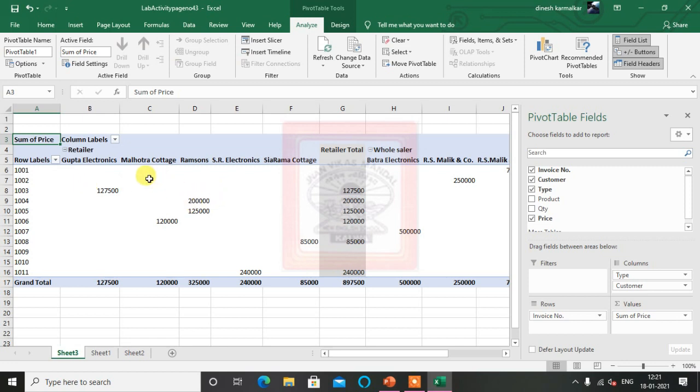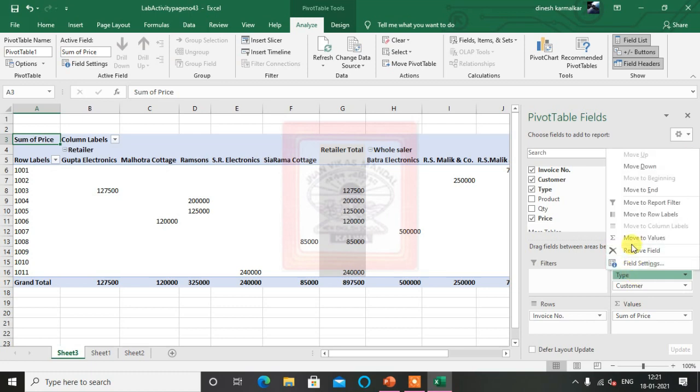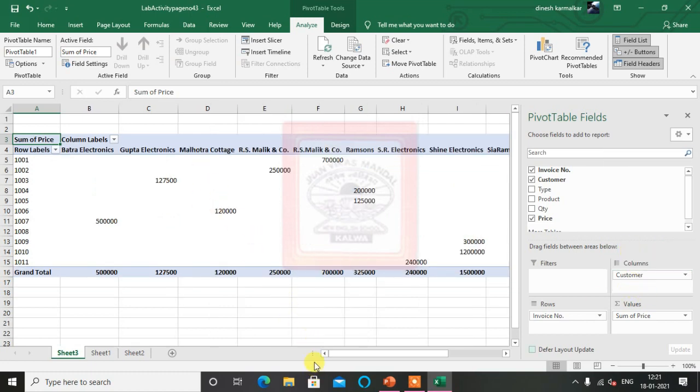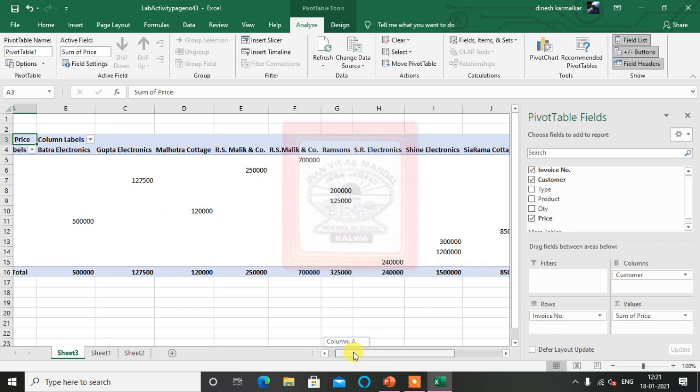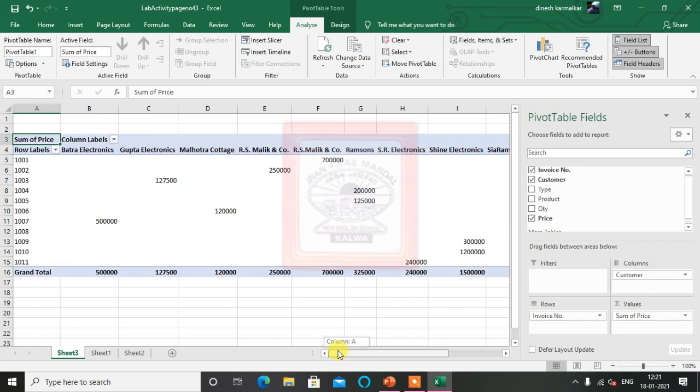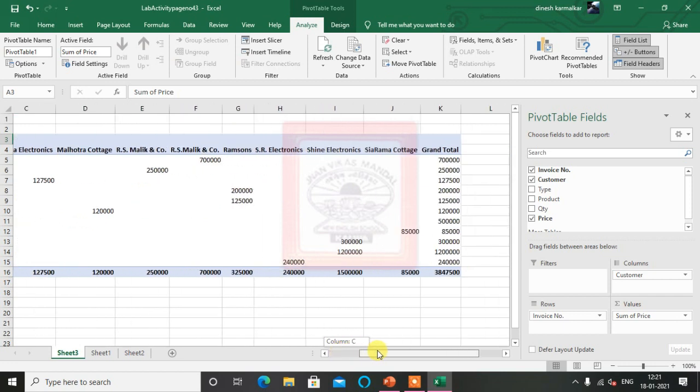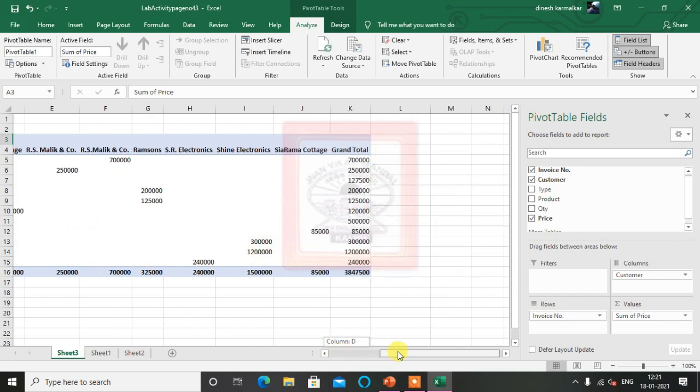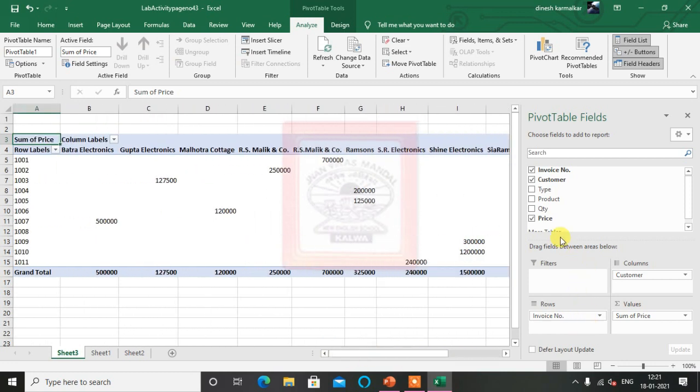For different customers we are now getting customer-based totals. For 101 it is for RS Malik. So this way we can see different pictures depending on what is here.